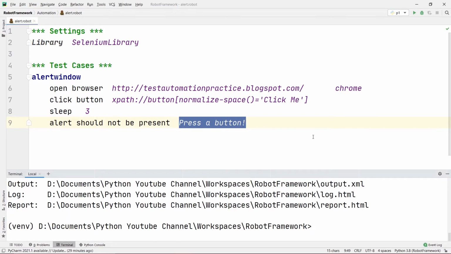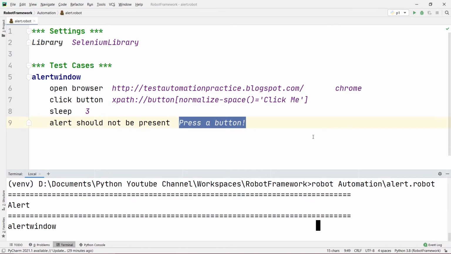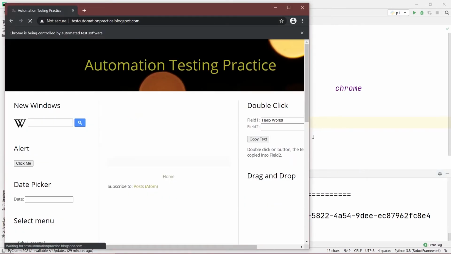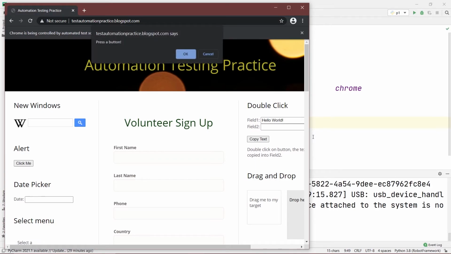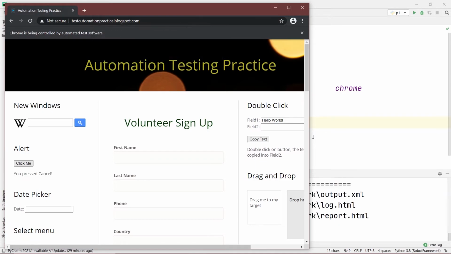If I again run my program here, you will see it opens, it clicks on to the click me button, and it will check it should not be present, but since "press a button" is present it pressed cancel.